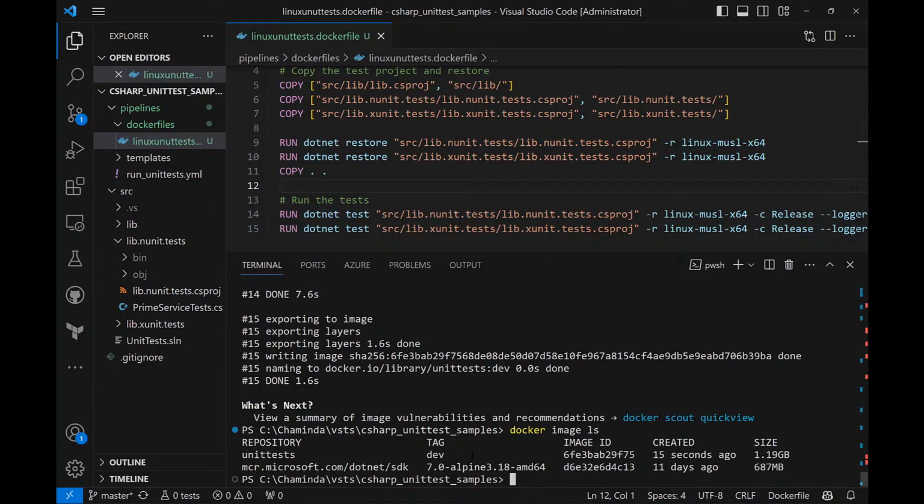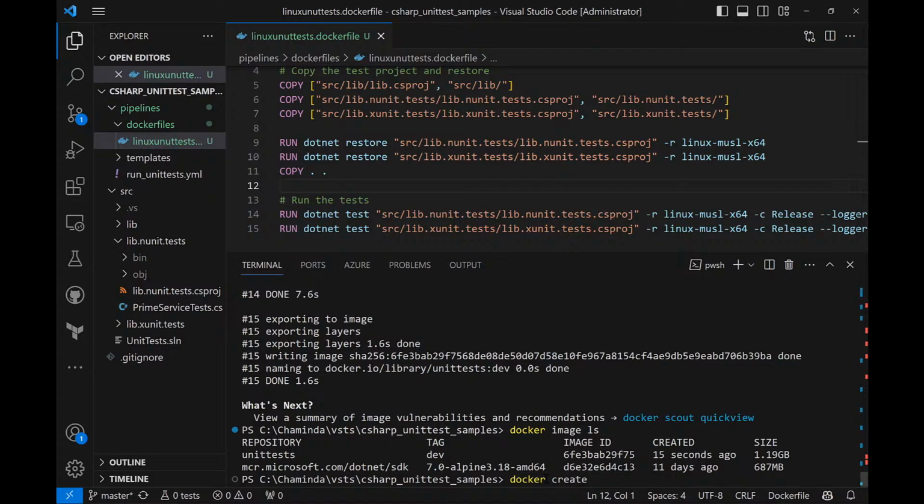Now how to obtain this trx file that we have created? We need to obtain it from the Docker image and copy it to the repo root or somewhere in the pipeline, because otherwise we won't be able to publish the test results. So we only have the test results file available right now in the Docker image. So we have to get the Docker image created as a container. To do that, we can do docker, type it in the right place, docker